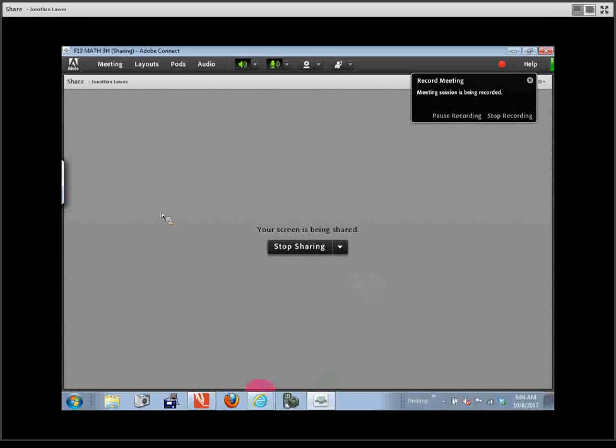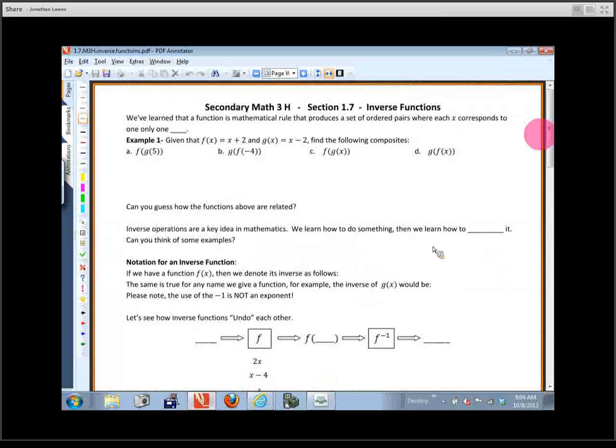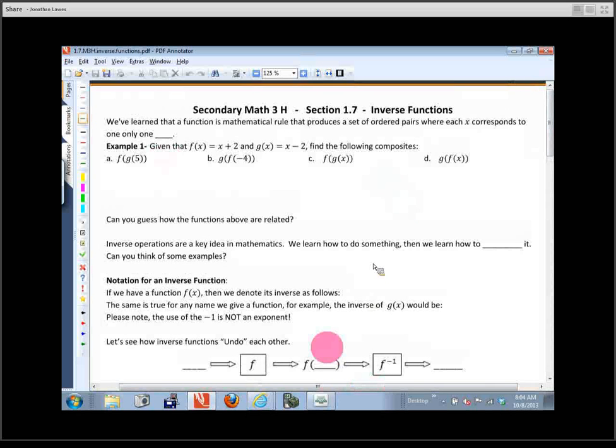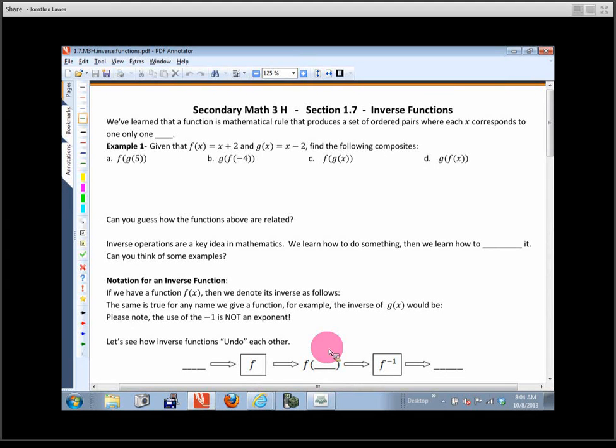And let's do 1.7. So this is on something called inverses. And let's just run through a couple of these ideas. So it says we've learned that a function is a mathematical rule that produces a set of ordered pairs. So we plug in an x and we get out a y. And what that means is each x corresponds to only one y value. And that's what it means to be a function. We didn't want to plug in a 2 and get out a 3 and a -7. We only want one answer out, and we talked about the vertical line test and all that sort of stuff